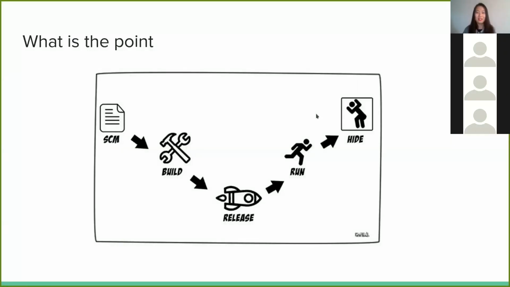First question is, what's the point, right? Why are we here to learn this? This is a meme I copied from Reddit that describes the software development and delivery process. First you push your code with Git, and then you compile your code. So you build your code, and then you release a product. But after that, instead of having a toast with your coworkers to celebrate, you run and you hide, and then